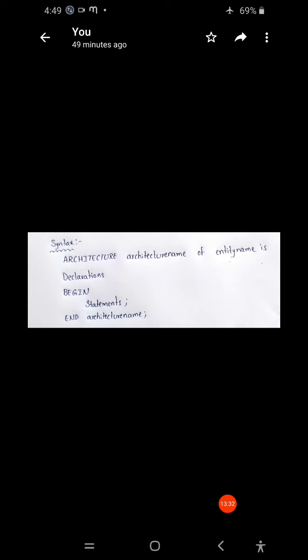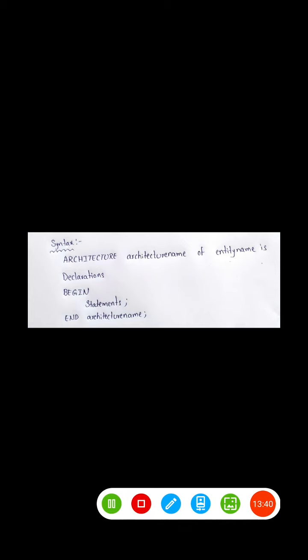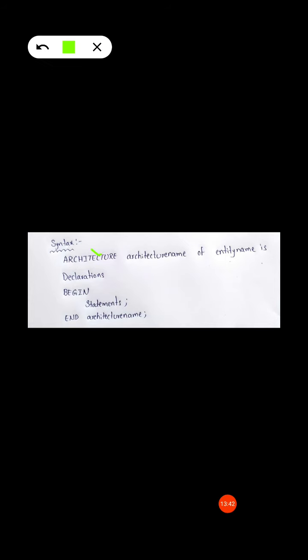The architecture body must begin with the architecture keyword and has to terminate with the end keyword.